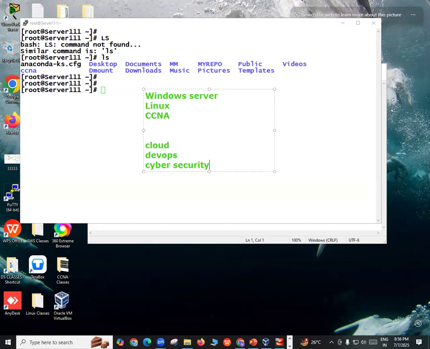Obviously they are trending, but the base of DevOps, cloud, and cyber security is CCNA, that is networking, Linux server administration, and Windows server administration. If you want an easy job and to start your career with less burden, go with these 3 things first.